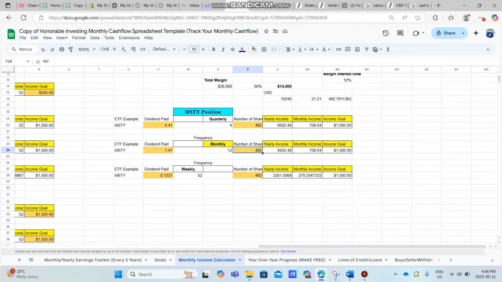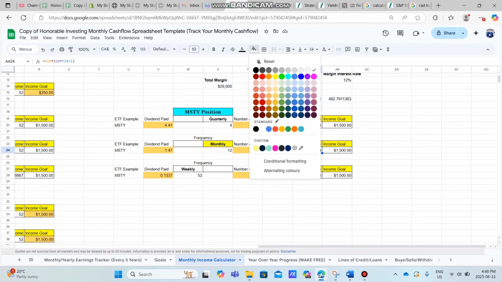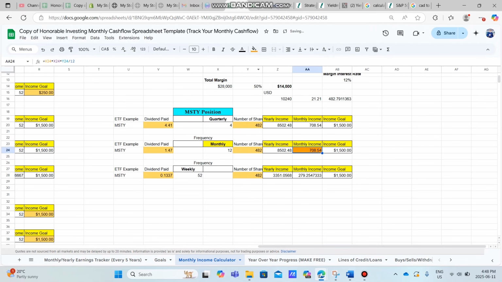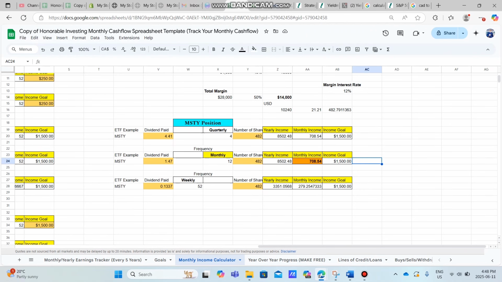So with 482 shares, you can see our yearly income is going to be our number of shares, which is 482 purchased with margin debt, times 12 months times our dividend. So our yearly income. This is our monthly income of $708, and I'm going to briefly highlight that because this is an important marker. So $708 in terms of monthly income. Now we need to make sure that we're making more than our interest payment. So if we have 10,000, to do this on the side here,